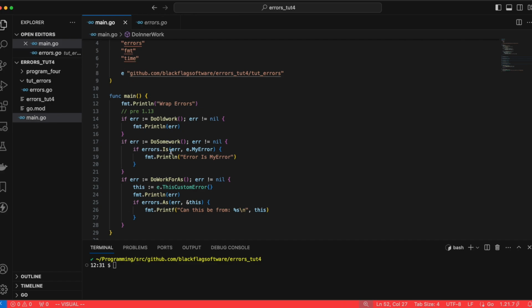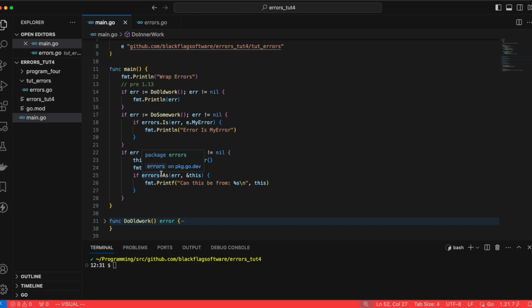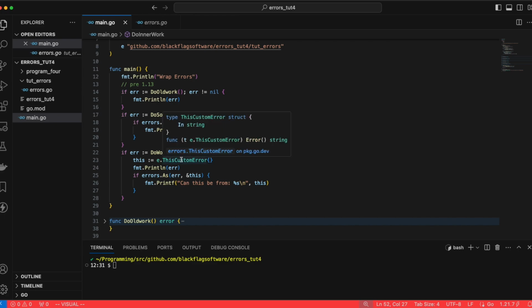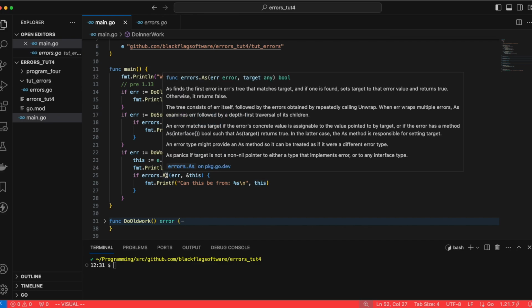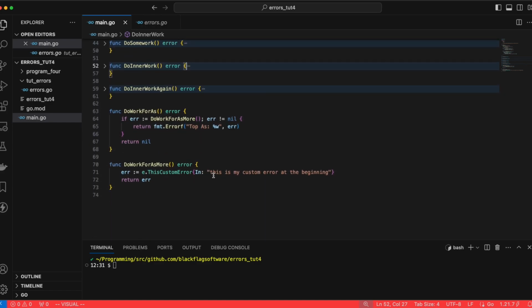So what it does is it goes and unwraps every error until it finds one of this type, and then it puts that instance of the error in this variable. Then you print it out, and at that point it also comes back as a Boolean because it found it. In this case, I am creating this custom error and setting it to this string,